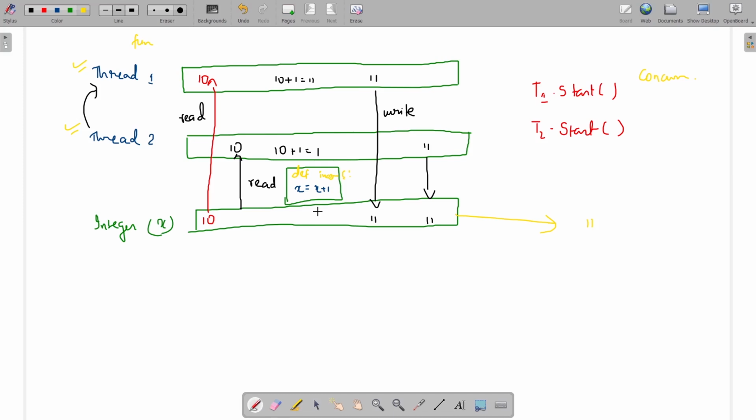I wanted thread 1 to get executed first, and whatever the result of thread 1 is, it will be the input of thread 2.